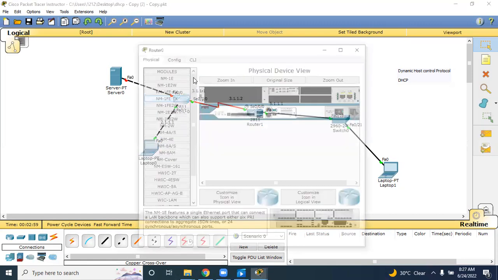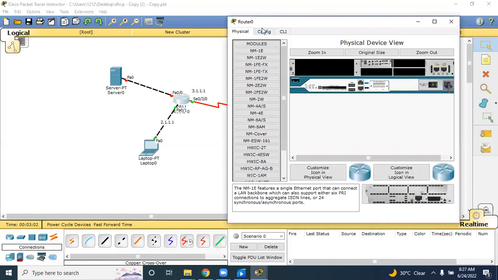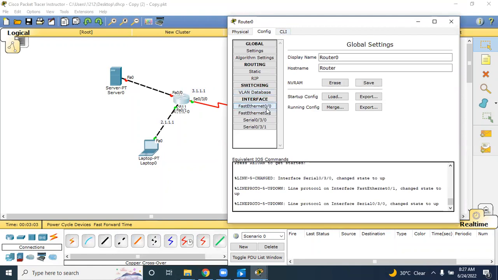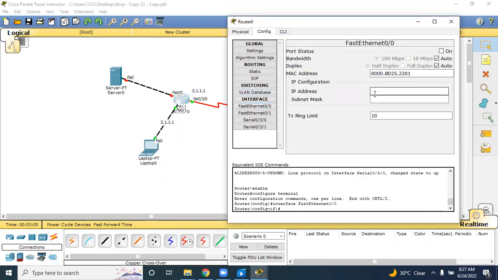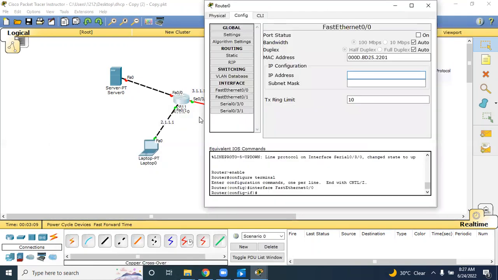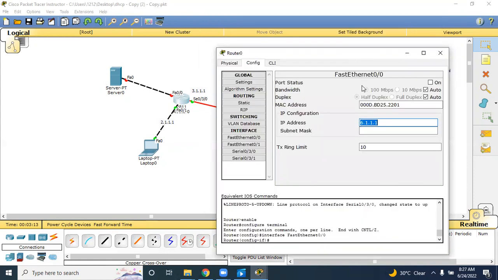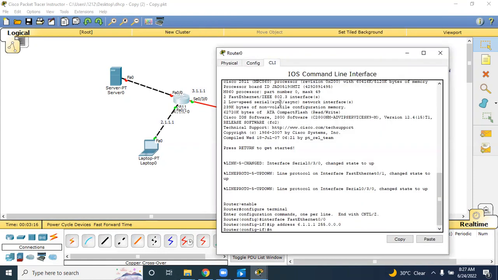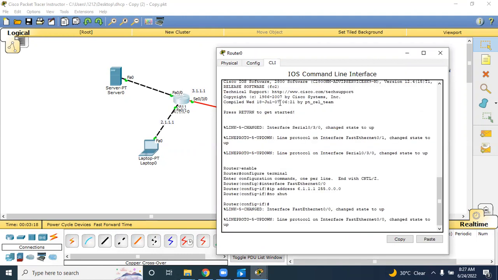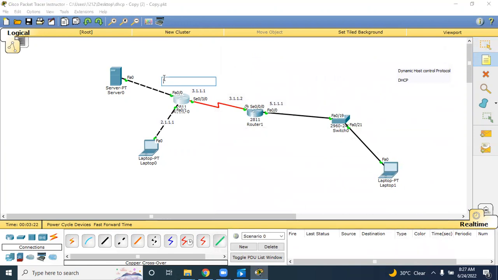So FA0/0, click on the router, go to config. You can also do this through CLI. Go to FA0/0, and let's give this, let's say, 6.1.1.1. Go ahead and copy that as well so that we can place a note. Right, no shut. And let's go ahead and place a note over here